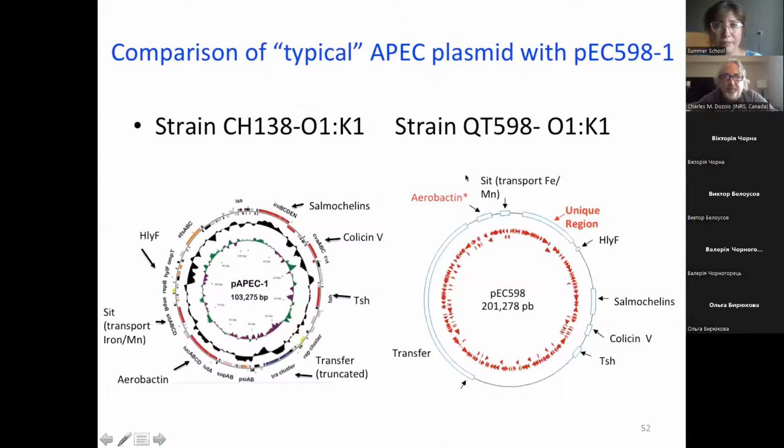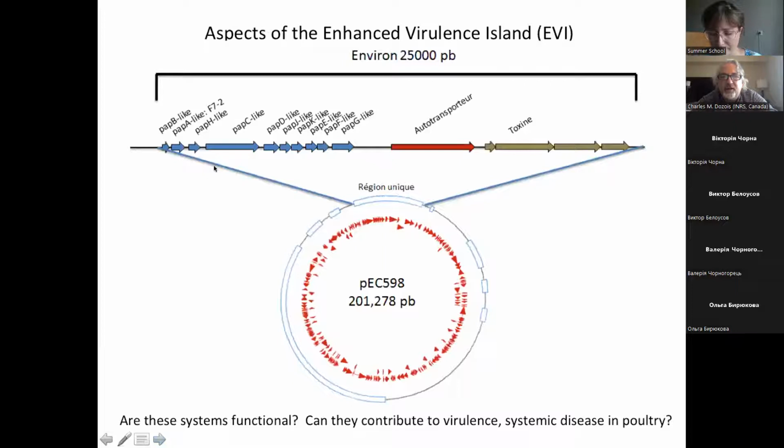And so we found this strain that had something wrong with aerobactin, which has typically been shown to be an important siderophore for virulence. But this strain also had a unique region that was missing. This is the Salmonella system. The Salmonella system is in both of them, and certain genes are shared, but this region here was different. And it turned out it had a P